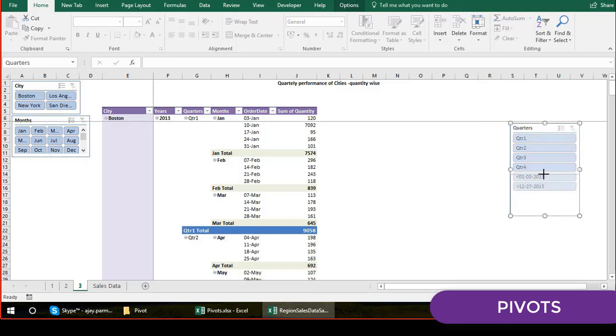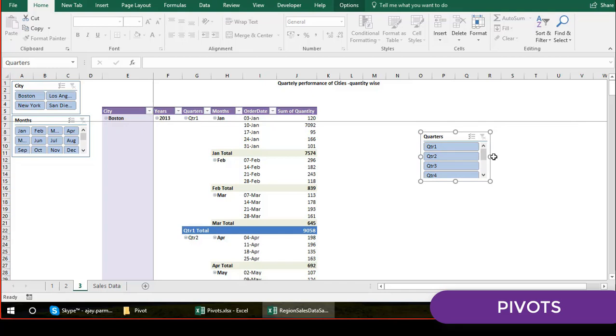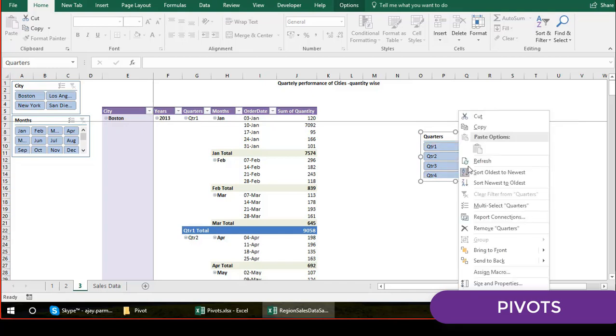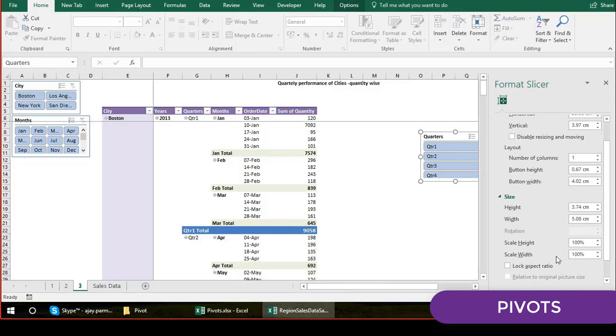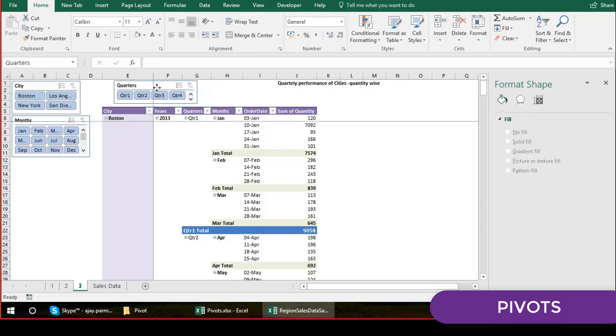Let's reduce the space. So I reduce this, and I right click and click on the size in the property, and I say I need, let's say, 4 quarters. So you can increase the button width, you can also increase the button width from here also, that's all up to you. I think this is perfect, so we can do it this way as well. So let's put this on the top, right here, or you can put that here.